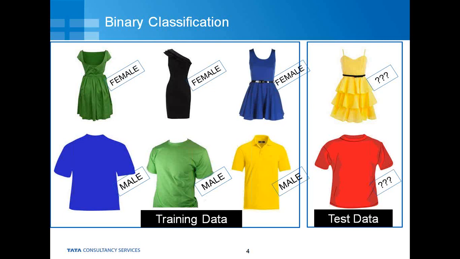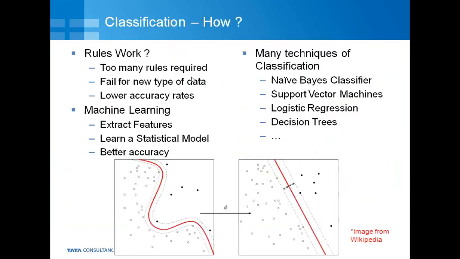For example, in this case, we are given some dresses that have a label marked already. And these classification algorithms automatically learn the patterns between the data and the labels. And after that, given new data or test data as shown on the right hand side, the red shirt and the yellow shirt dress, we can predict the label as to who would wear them, a male or a female. That's just an example. But let's just take a quick look at how it works. So the often asked question is,